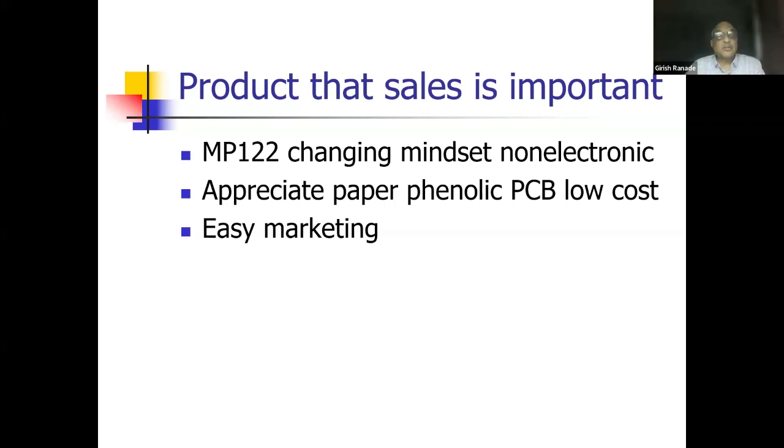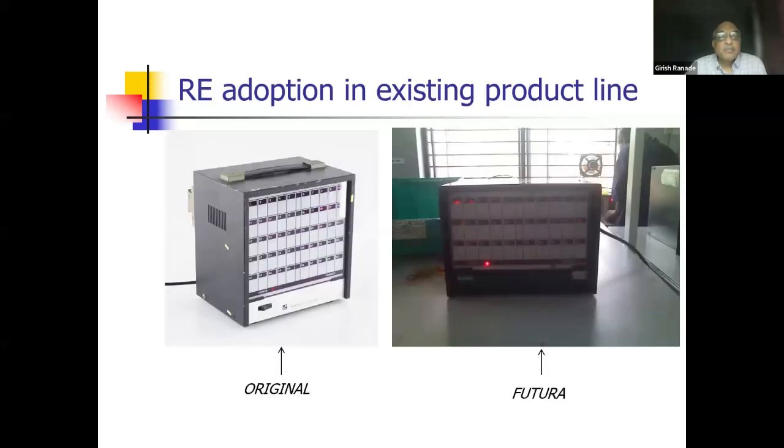Now this product was basically very low cost, and it used 2 paper-phenolic PCBs, one on top of the other, and that was a fantastic design. So we copied that, and the cost came down drastically because of that design. And then it was slightly easier marketing, because this manual product was also known to people. Moving ahead,